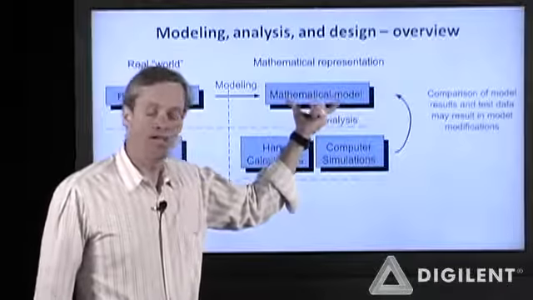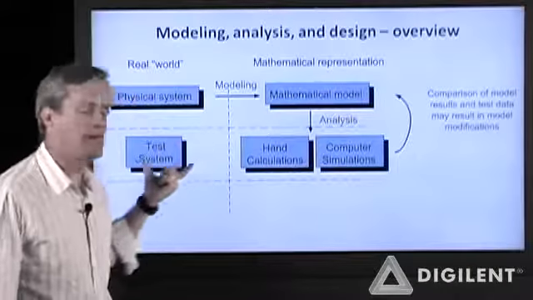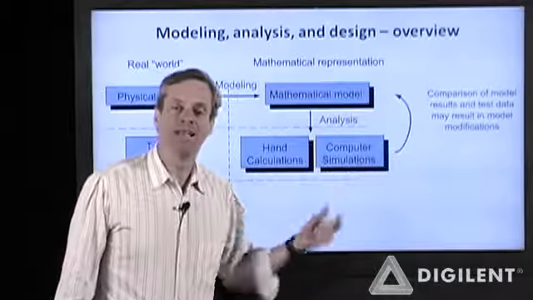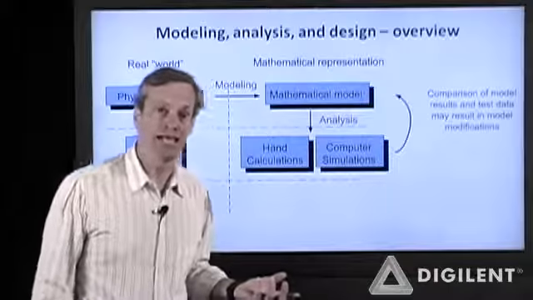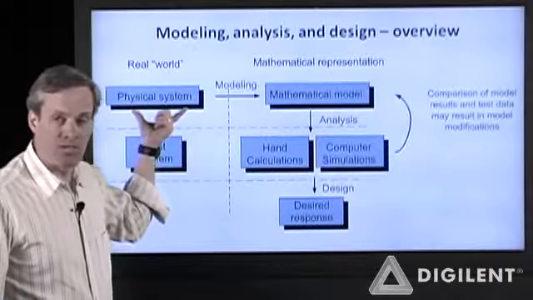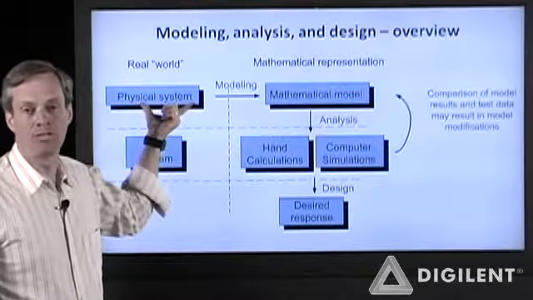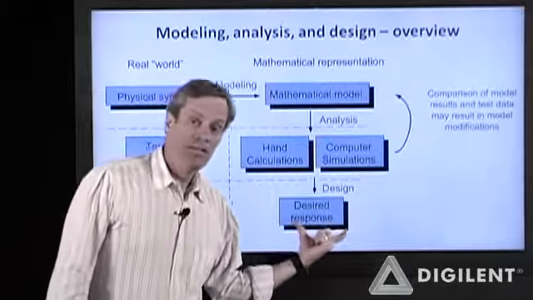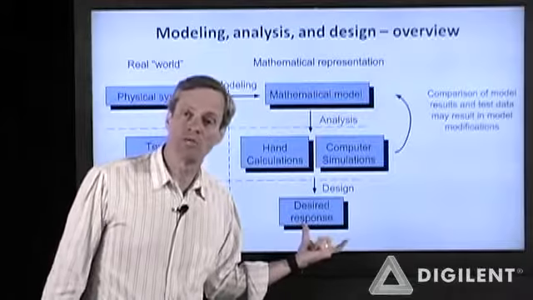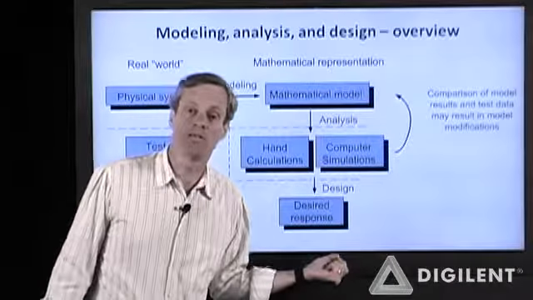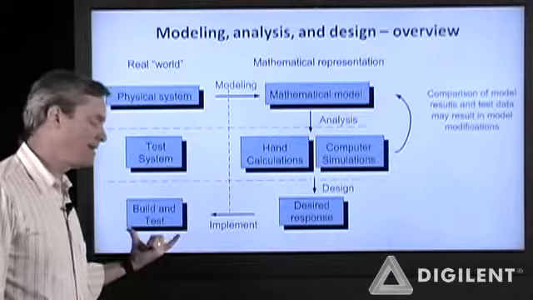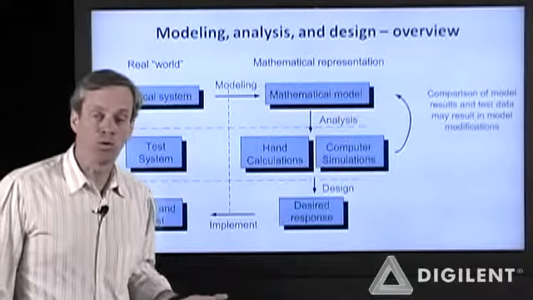Now, once we've revised our mathematical model so that it reflects reality consistent to what we're testing, we may use the results of these analyses to modify our system or redesign it. So we may try to get some desired response out of this physical system by redesigning parts of the physical system. Now, leaving this in mathematics land is generally not appropriate for an engineer. We're always wanting to build something that will do something in the real world. So once we've created this design, we'll go back and implement that design, build the actual circuit or system, and